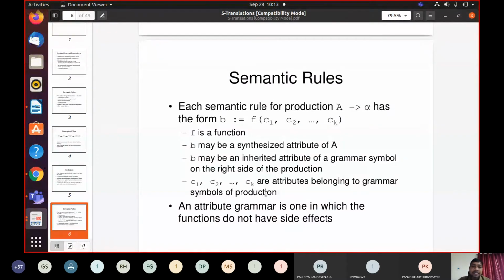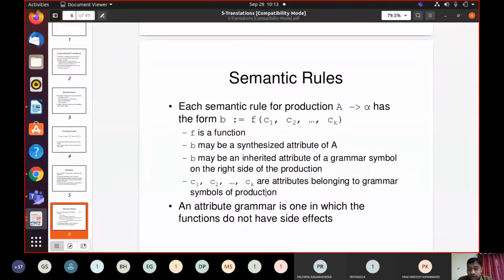It seems like a more formal definition, but let me simplify it by giving a small example. Let us assume there is a statement z goes to x plus y, an instruction in your program.